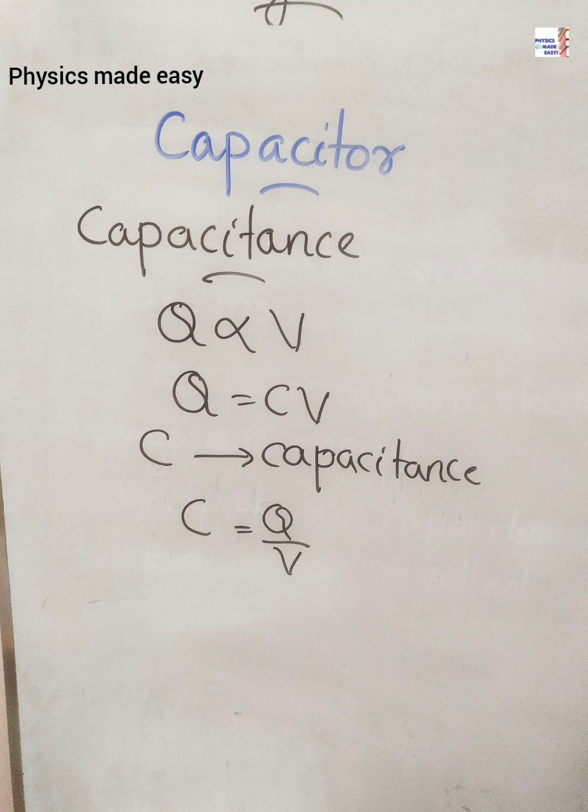You know, the ability of a capacitor to store electric charge is known as capacitance. That definition is not enough for us. So here is how to define capacitance. When a charge Q is put on an insulated conductor, its potential will increase. So we can write this as Q is proportional to V. Q is equal to CV. That C, this constant, we can call capacitance. Then from that we can write C is equal to Q by V. So we can define capacitance as the charge required to increase the potential of the conductor by unit amount.